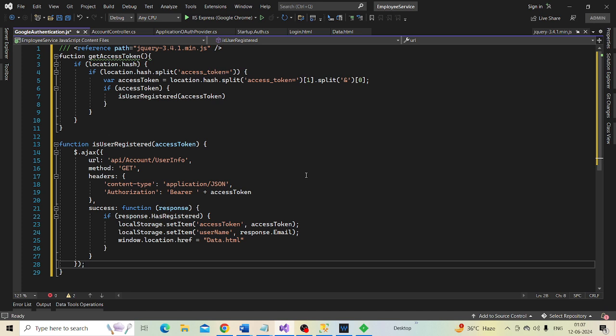So to register the user, we are going to call another JavaScript function. Let's call it sign up external user, and to this let's pass the access token.